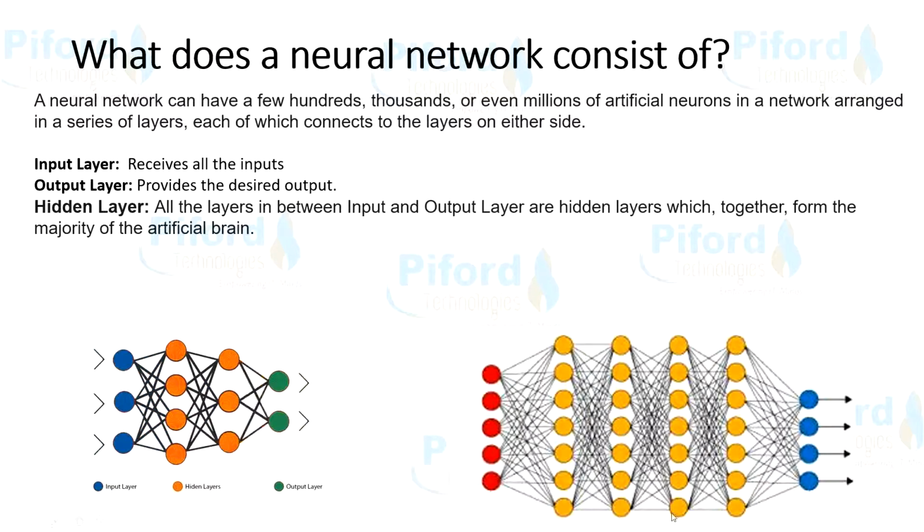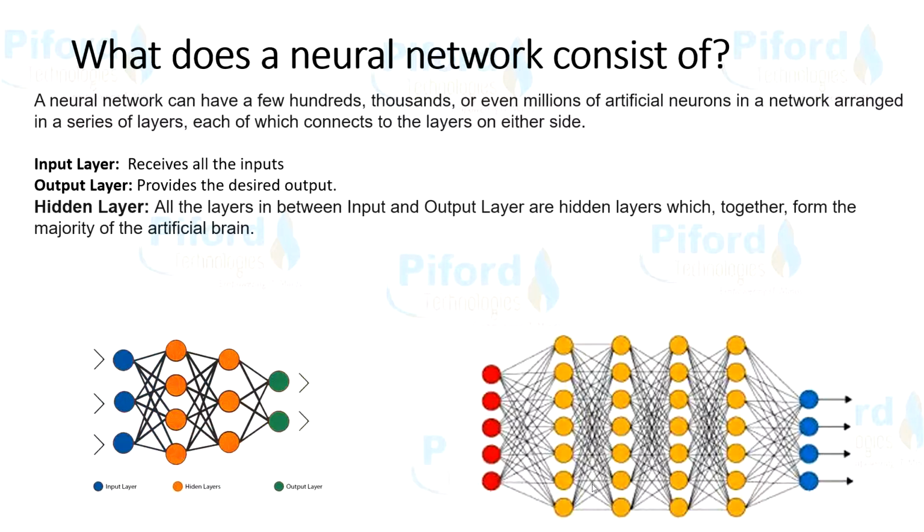If we see this picture over here, this is also a neural network, but this is a deep neural network. Now what does deep neural network mean? Deep neural network simply means when you have lots of hidden layers, right? So this is the input layer which will accept input from the user, and we have 4 hidden layers, and every hidden layer has neurons, right? Every neuron will have that summation and activation part. This will do a separate calculation. Every neuron in each and every layer will have a separate summation and activation part.